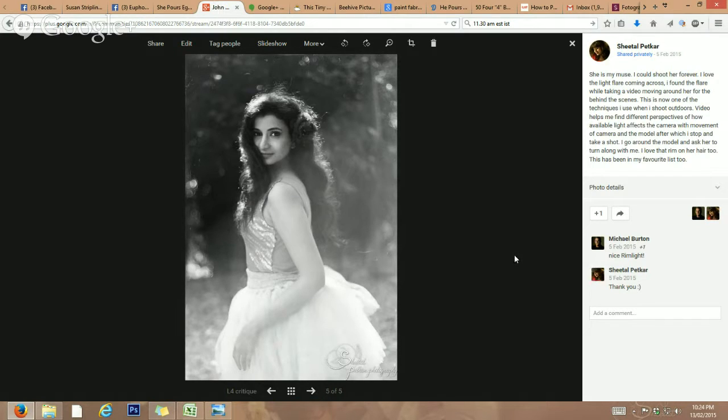So this was one of my very early portfolio shoots, which I had done last year. We had the entire shoot, and just for this part, I was taking a behind-the-scenes video where I was making her turn along with me, and I came across this light, just the sun flare, and I really loved it. And I like the rim that she has over her head. I really like sunlight rim lights